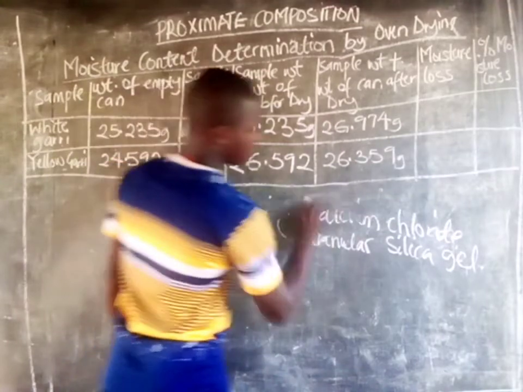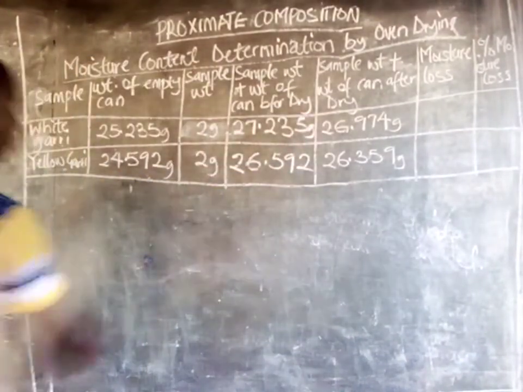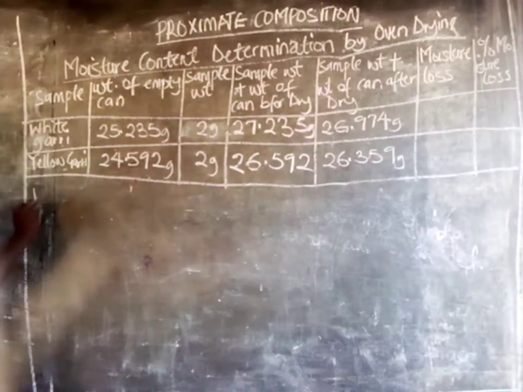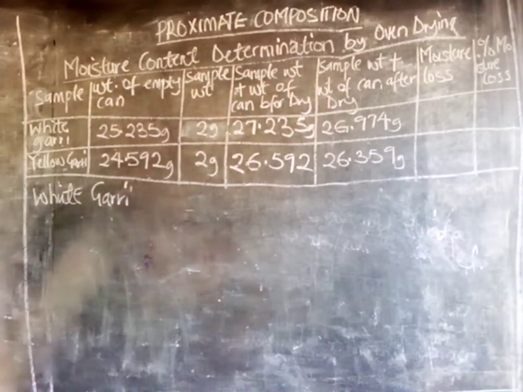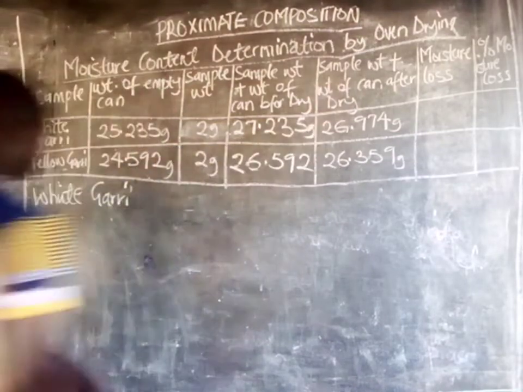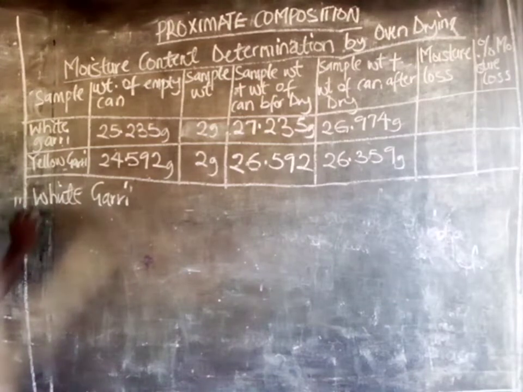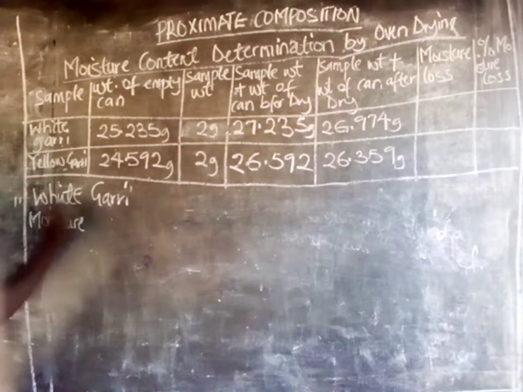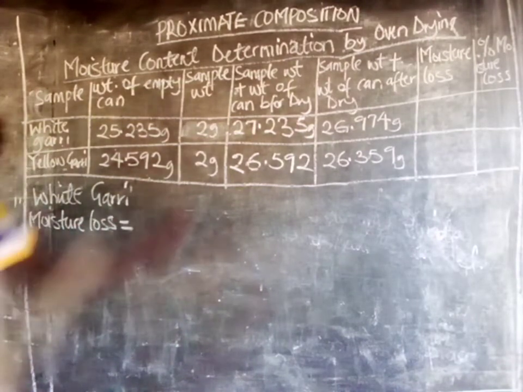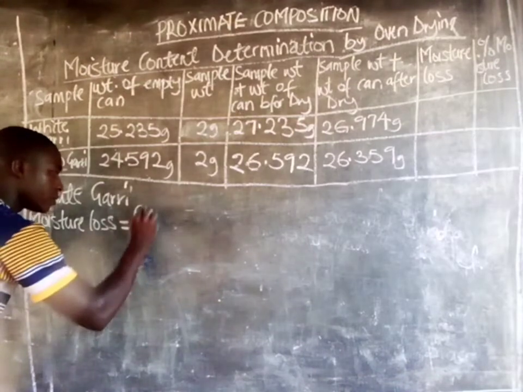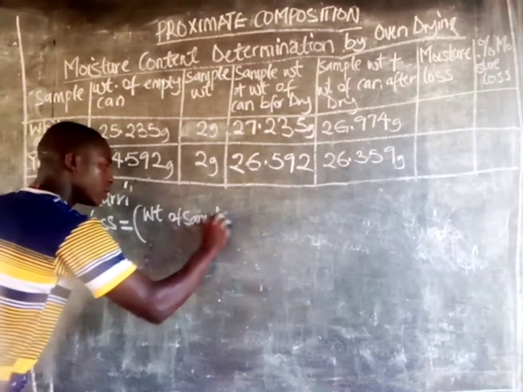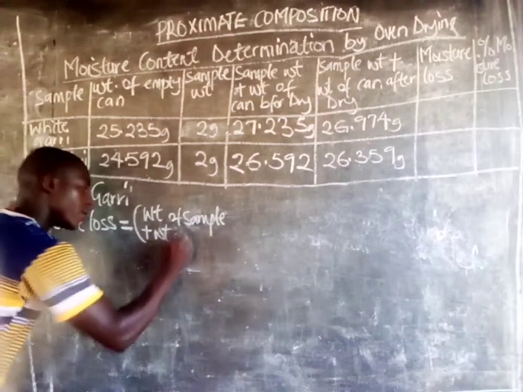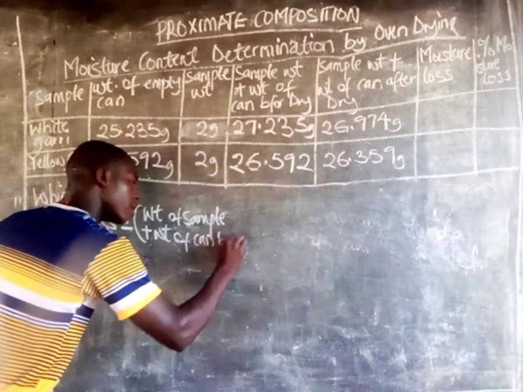First, for white Gari, the amount of moisture that was lost in the food sample: we say that the moisture loss is equal to the weight of sample plus weight of can before dry,